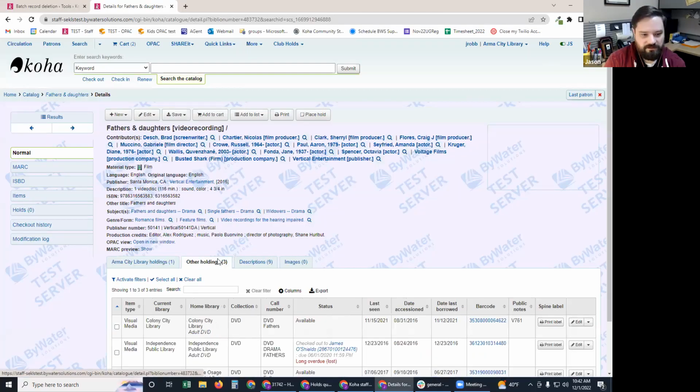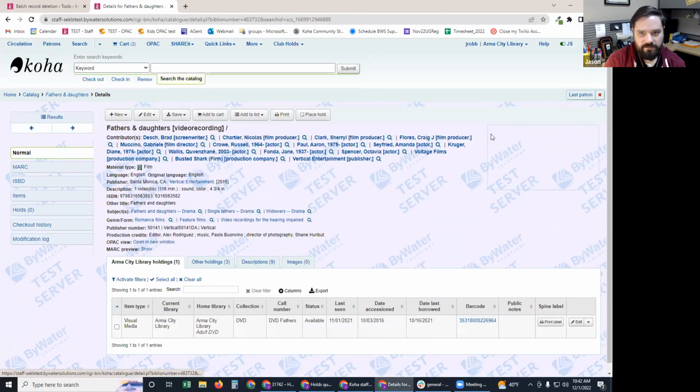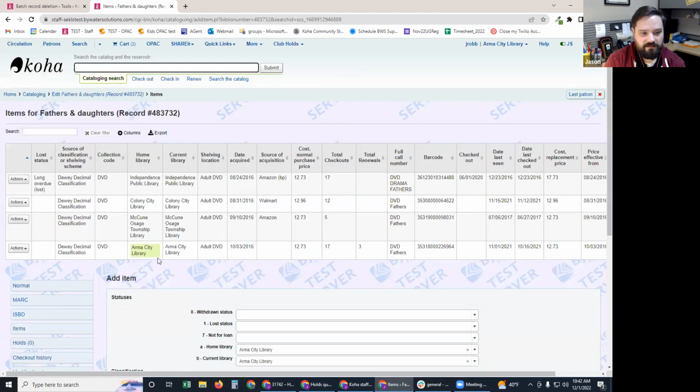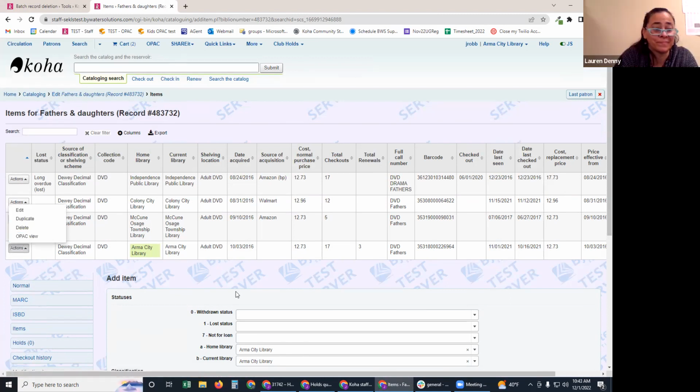So share. On this record, I'm logged in as Arma, and Arma owns it. If I go to the edit item screen, it highlights the fact that this is our copy, because more often than not, if there's a bunch of stuff on here, they might click the wrong actions button and edit the wrong thing.